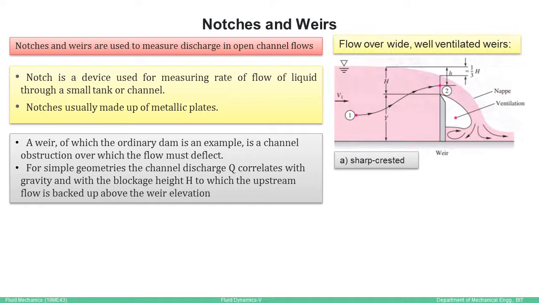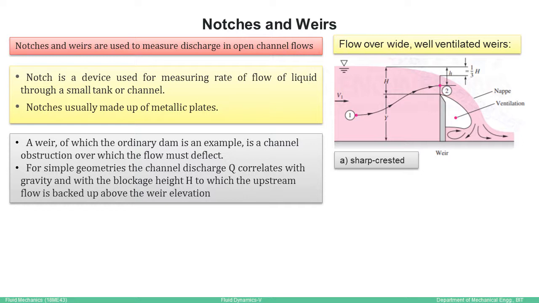Let us understand this by having this sketch. This is one kind of weir called a sharp crested weir, where you can see the sharp crest. The crest point is the topmost point of a weir. You can see this constructed across rivers or channels. And nappe is the thin blanket or thickness of fluid flowing above the crest point. The sill is the lowest point of the notch, whereas the crest is the topmost point of the weir.